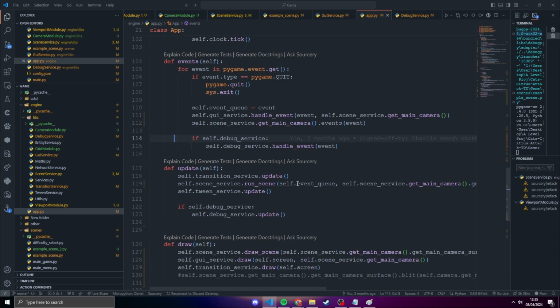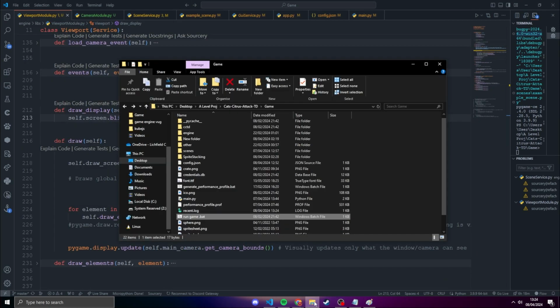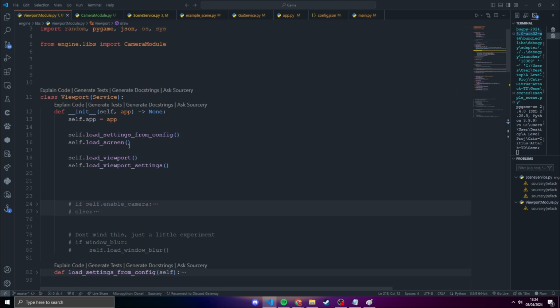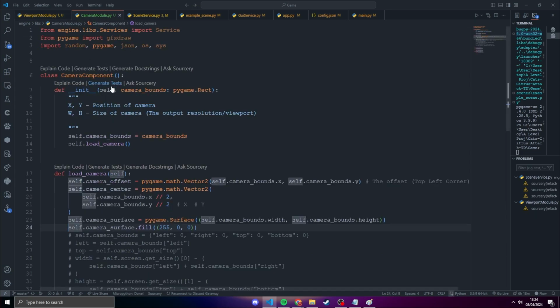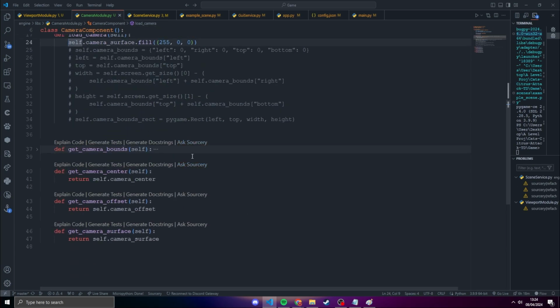So a text box would be an event element, because when you type, it triggers the key press event. A button would be another event element, because you click on it. Things of that nature. And normal elements are just entities that are rendered through the GUI service, which is basically